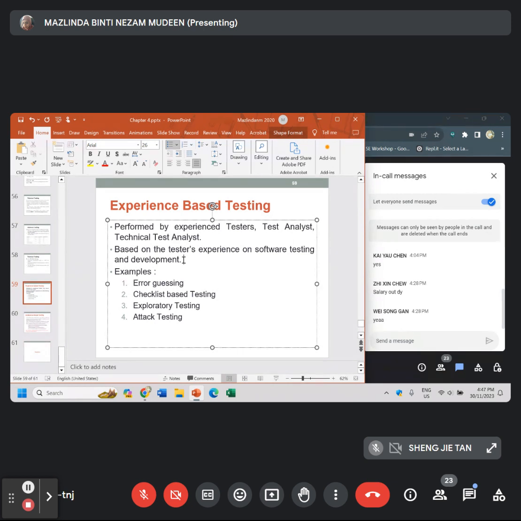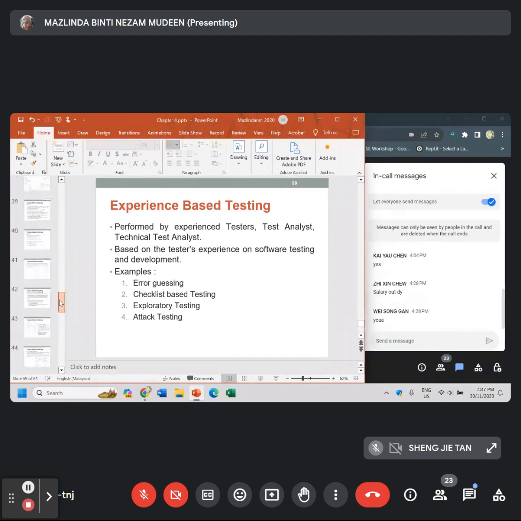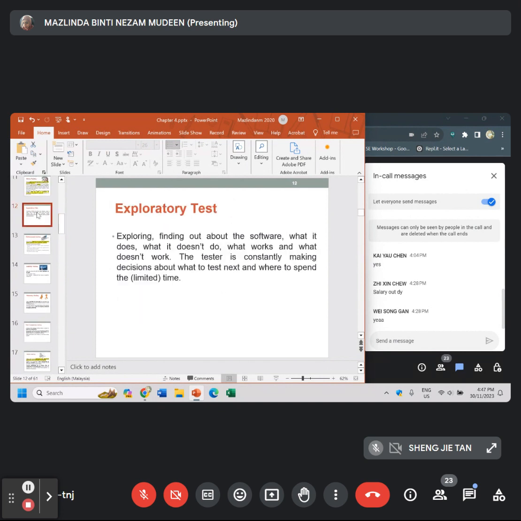So the third one is exploratory testing. If you saw just now, I skipped one of the slides, that was the exploratory test. This exploratory test is part of the black box testing too, but it is not a formally done testing. Exploratory testing is normally done informally, where testers decide by themselves to explore more on the system, and they want to identify something out